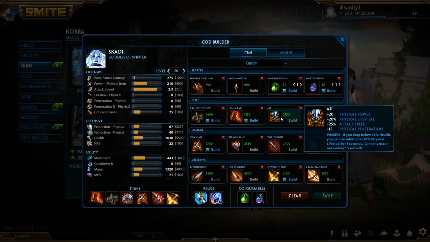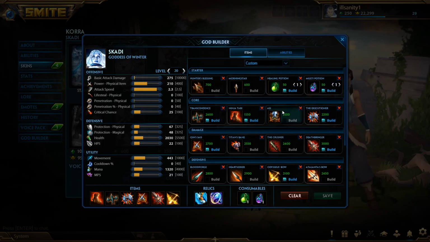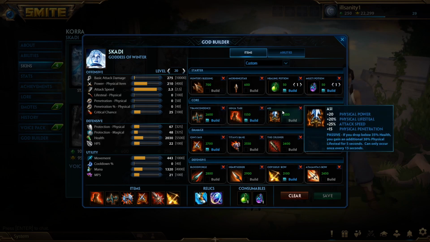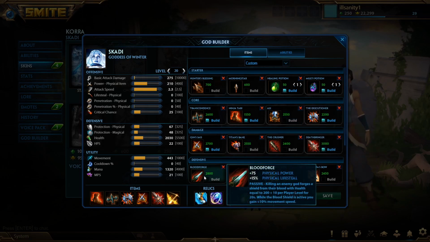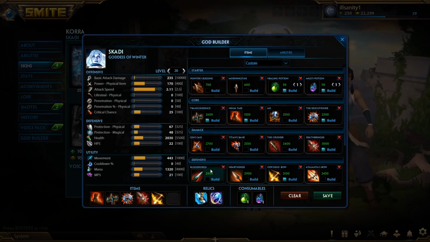So, Oni is more of a survival thing rather than the Executioner's full-on damage. But you would take Oni in the situation of, you're just having a really hard time staying alive. Even if you were to grab, like, say, Bloodforge. Which actually, Bloodforge, fantastic item. You should definitely grab it. In fact, I usually grab it instead of Qin's Sais. I haven't changed the setup in the God Builder in a while, but